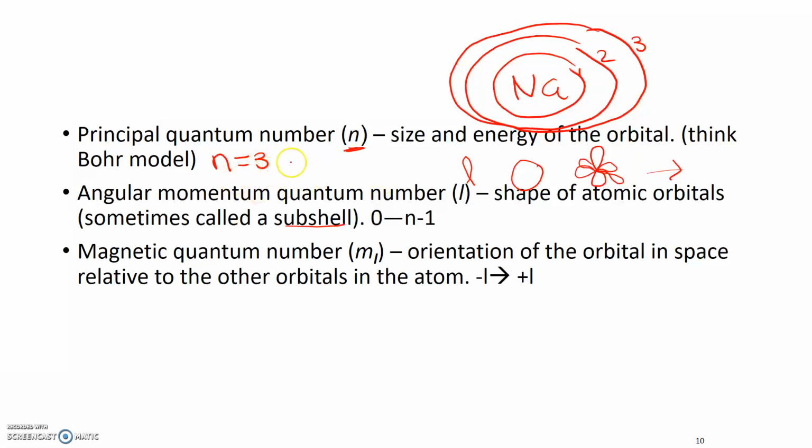For a given n, I can actually calculate what shapes my orbitals can be. For any n, the angular momentum quantum number l can be the following. Let's start with something basic. If n equals 1, then l can equal anything from 0 up to n minus 1. So if n is 1, n minus 1 is 0, so for n equals 1, the only option is 0. But if I look at sodium, where n equals 3,